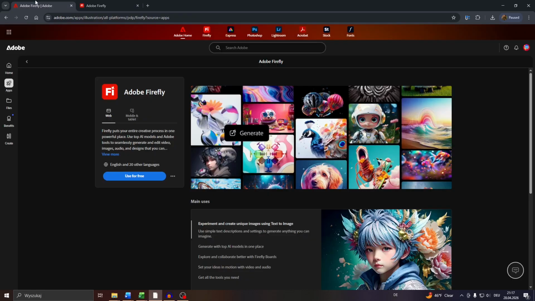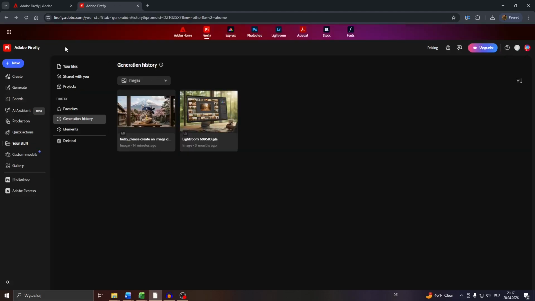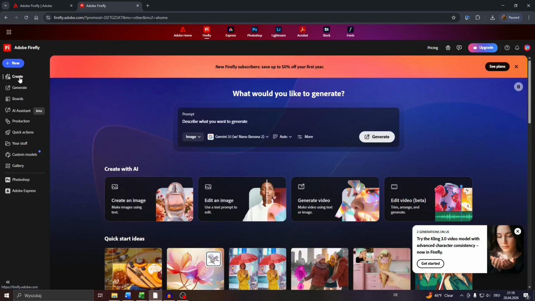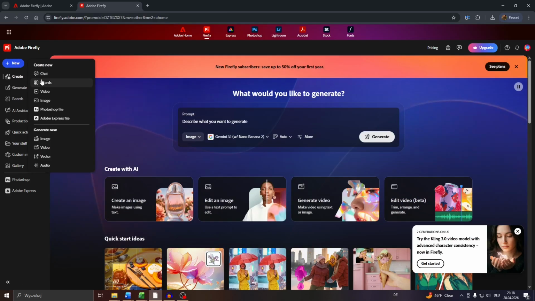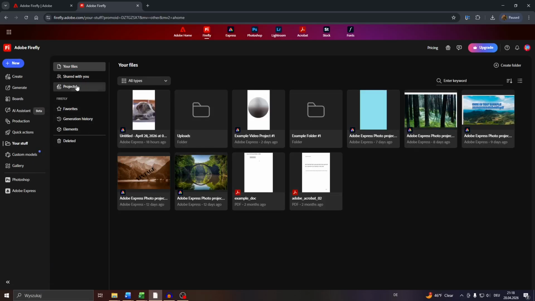So navigate to Adobe Firefly, and here in your main menu on Firefly, what you want to do is either navigate to generation history or to your library under your stuff to the left, and navigate to the given image, or create a new one by selecting create here or new here and select image. Now let me navigate to my library, and from here, let me just navigate to generation history,